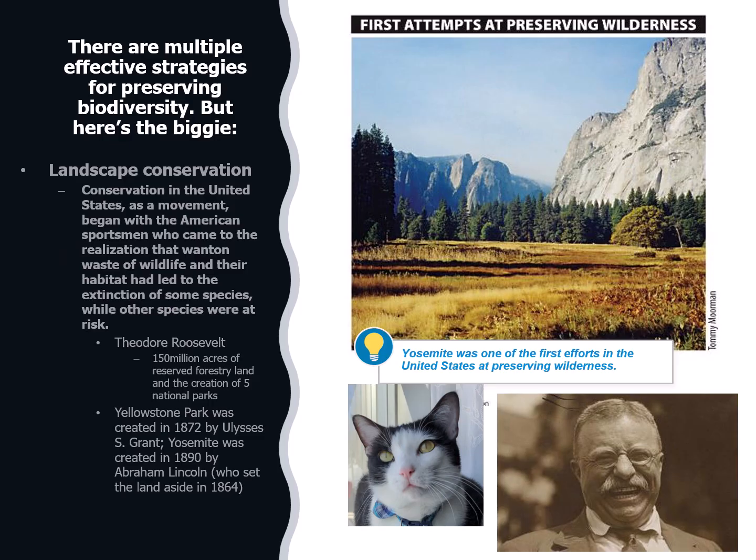There are multiple really effective strategies for preserving biodiversity, but the best one and the biggest one is usually landscape conservation. And what we mean by landscape conservation is protecting natural areas en masse. So things like our national parks, like Yosemite and Yellowstone, are incredibly important natural areas, because when we save that entire natural area, we are saving every species in the area.